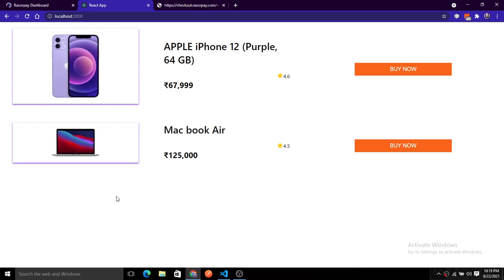So this is how you can build payment integration in your e-commerce website, and you just need to update the test key with the live key. This whole thing works the same for the test key and the live key. There is nothing that changes between the test key and the live key. You just need to update that.